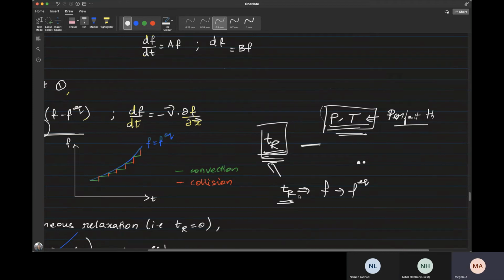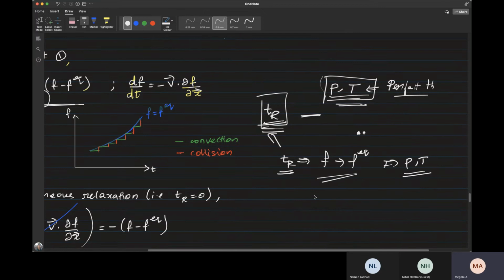Once your molecular system is in equilibrium, we can measure these thermodynamic variables, pressure and temperature. And we are measuring those at a very large time scale, much larger than TR. So let's call it delta t. When we measure the variables at some point, let's say you are in some initial condition where you know the pressure and temperature values, at time t equals 0. Now at t equals 0 in your physical domain, you are able to measure the values for pressure and temperature at all points.